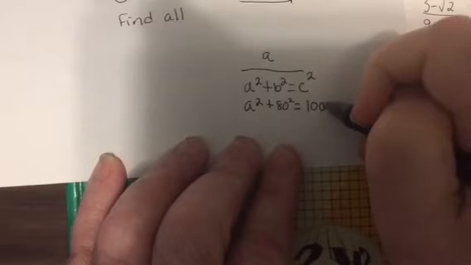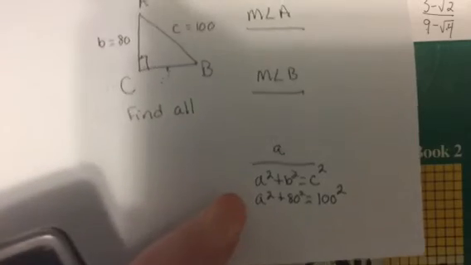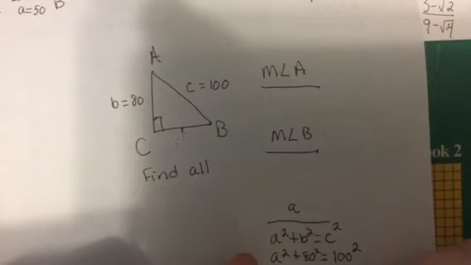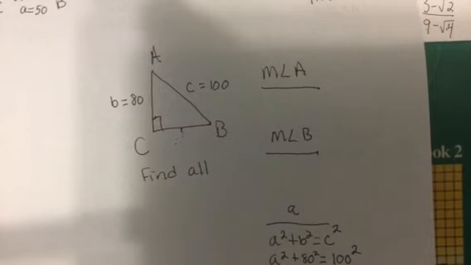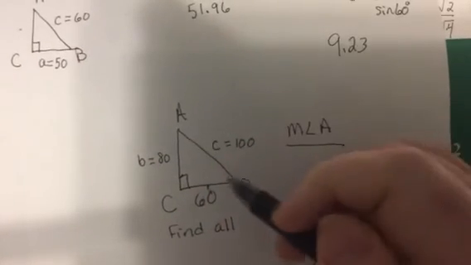Mercy, mercy, mercy. So let's use a calculator. So 100 squared, or 100 times 100, minus 80 squared. I get 3,600. So A equals 60. Just take the square root of it. Woohoo! Now, let's